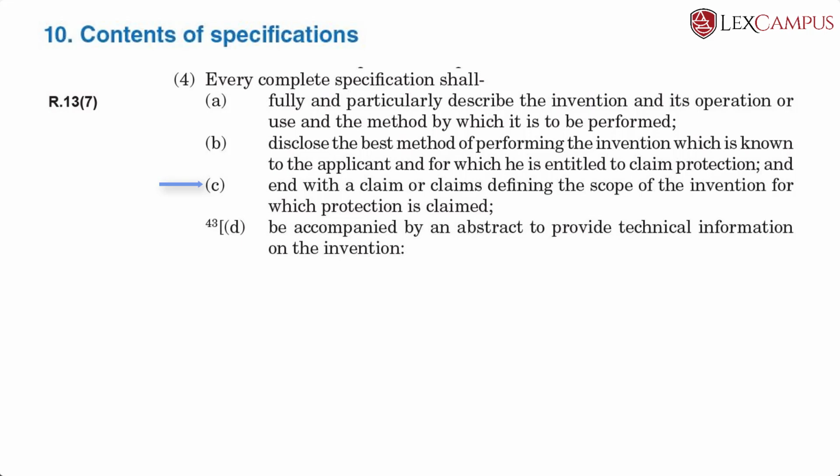Only if the product or the act of the infringer falls within the scope of the invention as mentioned in the claim will infringement be proved. So, claims are the most important part of the specification. Claims define the scope of the invention, and it is the claims that are granted which can be enforced before a court of law. So, the descriptive part will help us to understand what is being claimed,